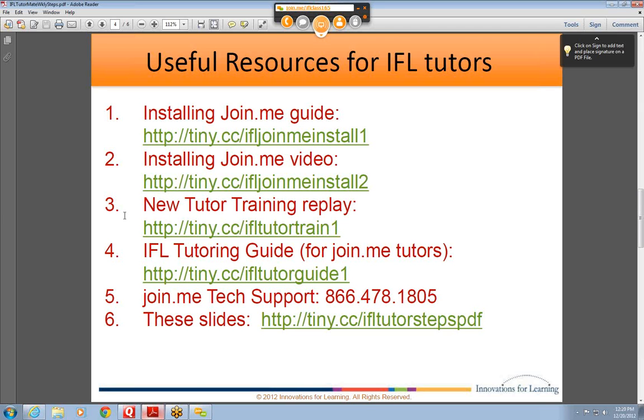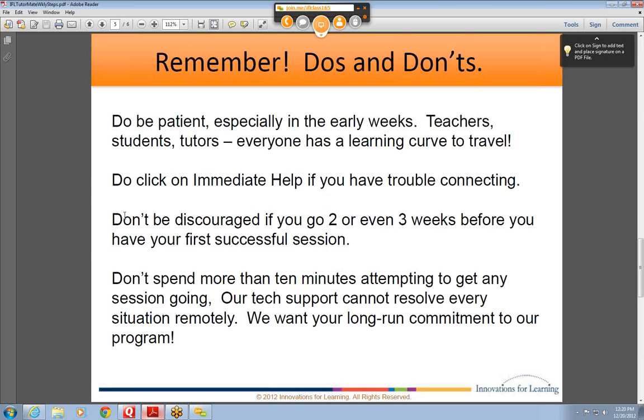And item 4 gives you a written tutoring guide. Item 5, if you ever needed to contact tech support at join.me, there's a phone number for that. Unlikely, but we put it there just in case. And then these slides for this video, you can access them by using the URL that you see here, tiny.cc/ifltutorsteps